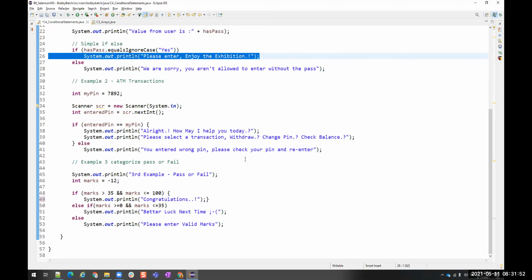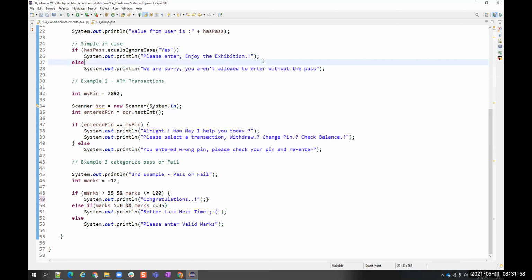I told you, this is not a mandatory thing or a big thing to learn. But why am I giving this information, with or without braces? Sometimes in written exams, when you have objective questions to answer, they will give some syntax and ask you to identify which one is wrong.